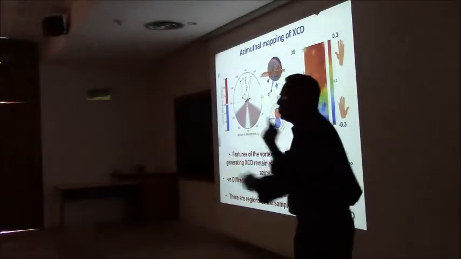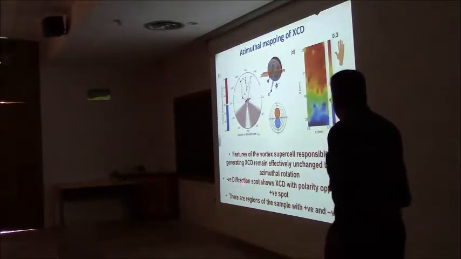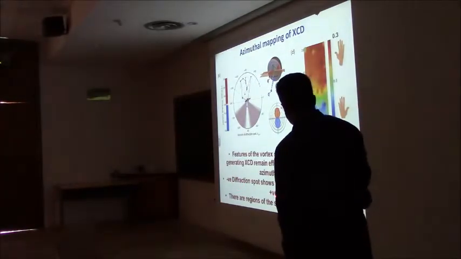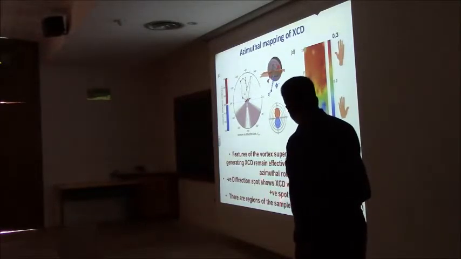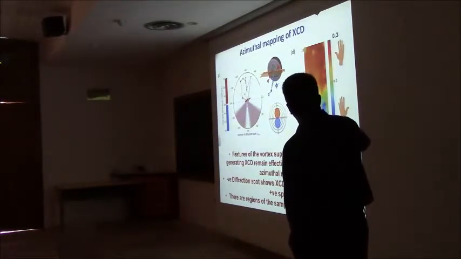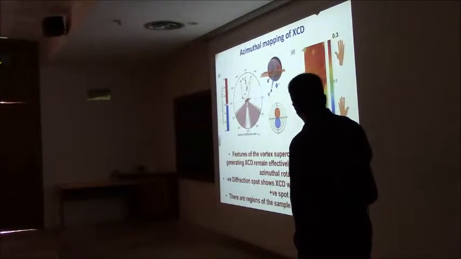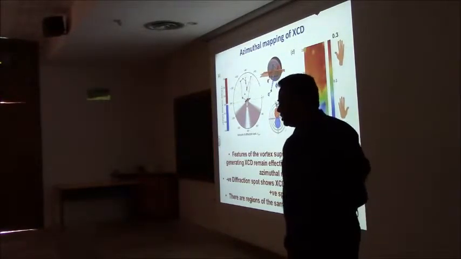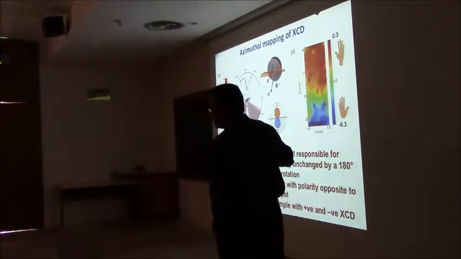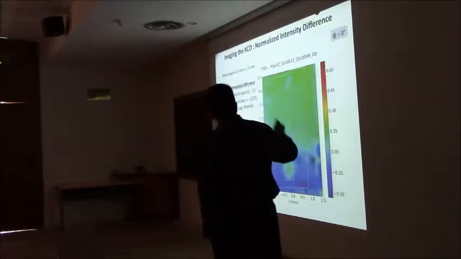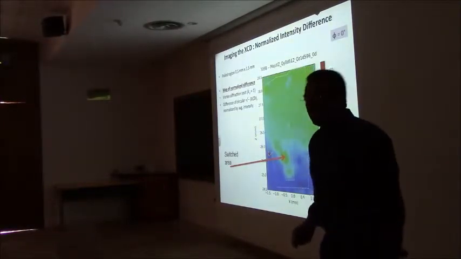There's a change in the polarity, positive, negative, change for the negative diffraction spot to the positive diffraction spot. And then, perhaps the most important, there are regions of the sample which show positive 20 to 30%, and then there are regions of the sample which show negative values. So in some sense, I could think of this as a D-glucose part, and think of this as the L-glucose part.